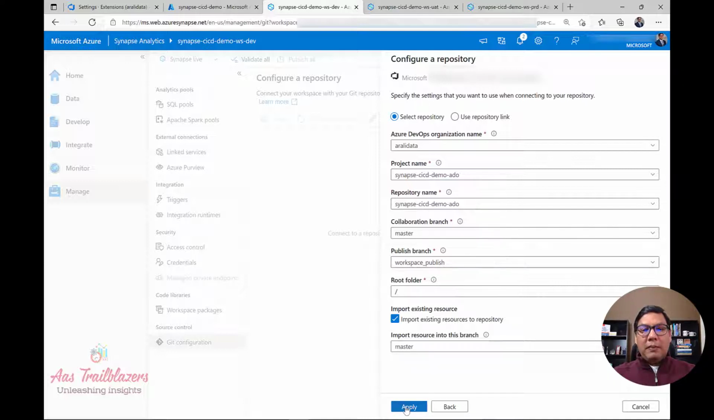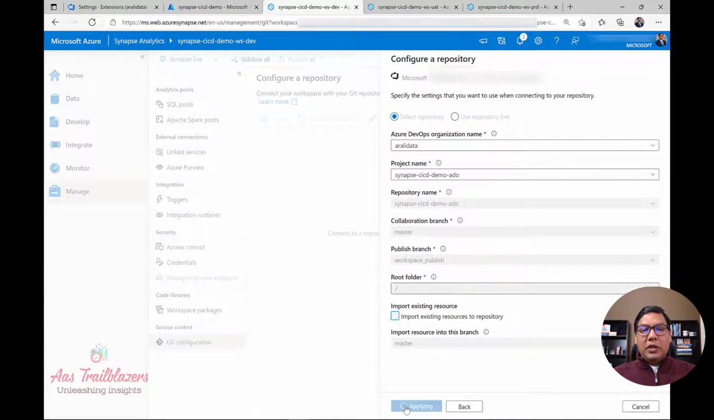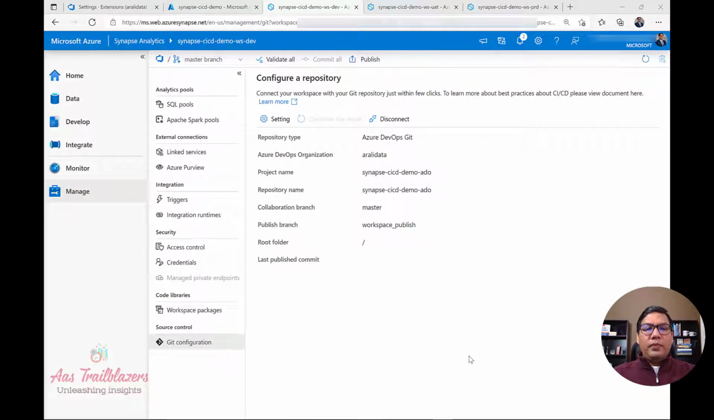So let me click on Apply, and it's going to take a few seconds before it can create or connect to the Git repository. At this time, as you can see, the configuration is done, and we have successfully connected this workspace to the Git repository that we created, right? In case you want to disconnect it from the Git repository and use it in Synapse Live mode, there is an option here to disconnect it from the Git repository. For now, we don't need to do that. So let's go back again to the